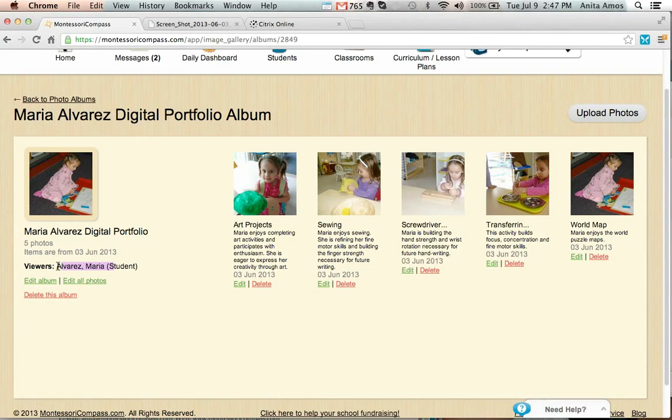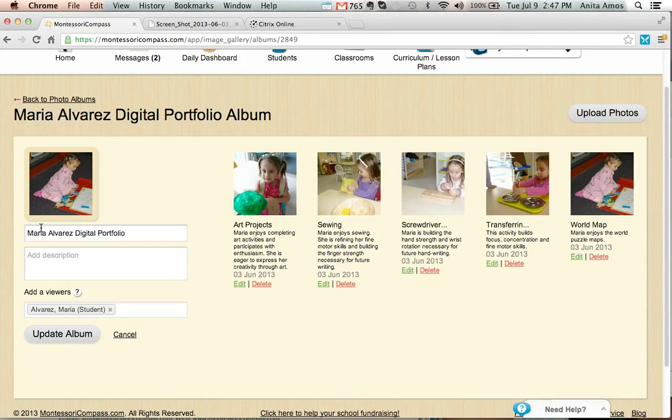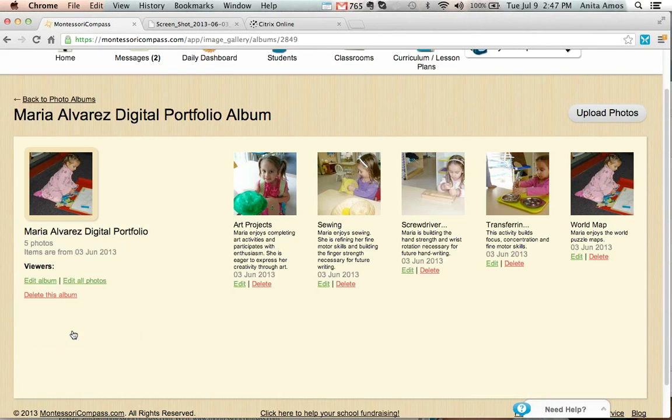You can also hold off on sharing, keep adding to it, and make it available in conjunction with a progress report. Maybe you have two progress reports each year, one in the fall semester and one in the spring semester, and you can make a digital portfolio available to accompany that progress report. You can call your album whatever you want. This could be the Maria Alvarez Digital Portfolio. If I were to not share that, nobody can see it. It's completely private right now.